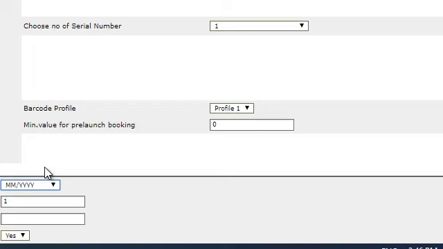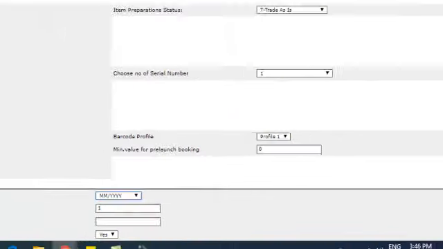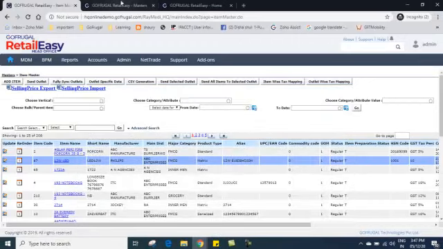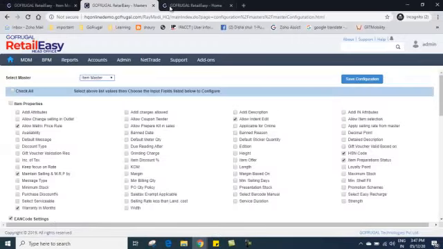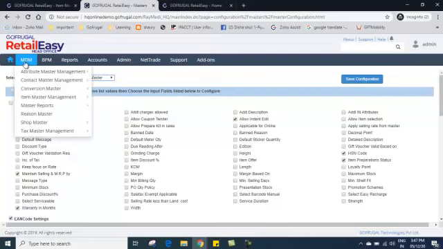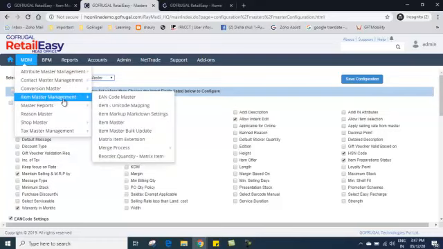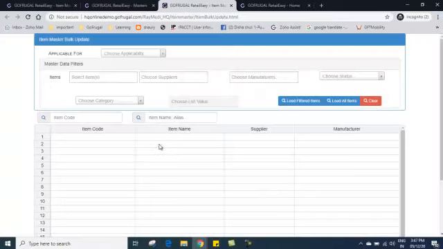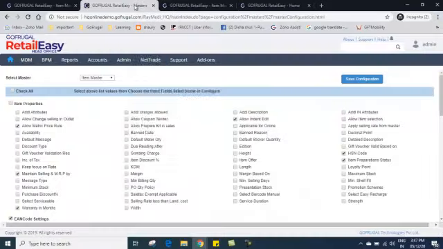Now what are the options available to do the bulk update? Let's see. I'm going to the item master bulk update. So already it is open.